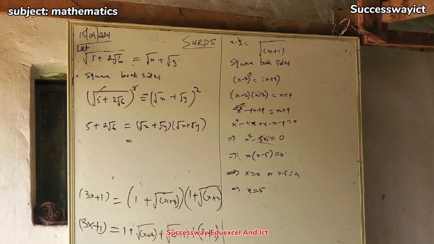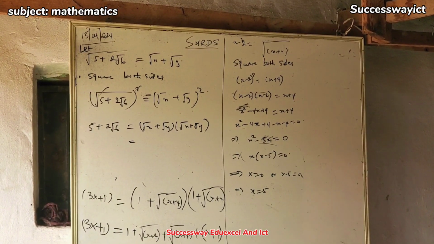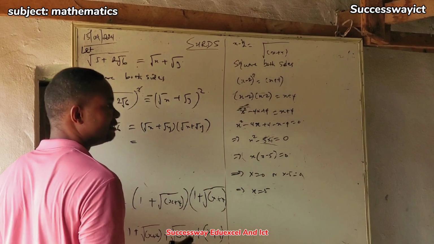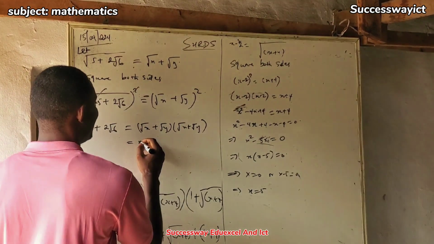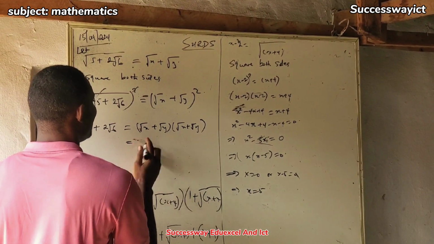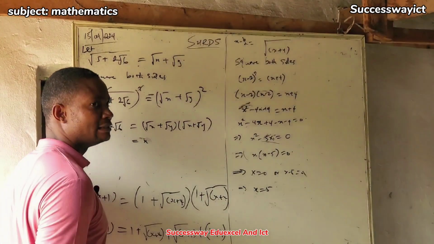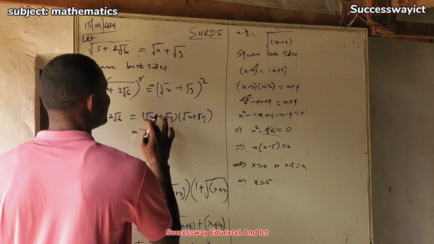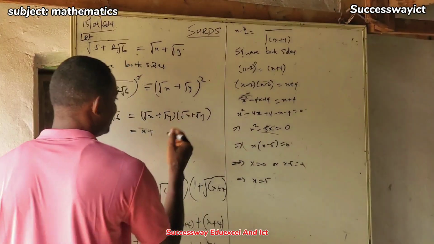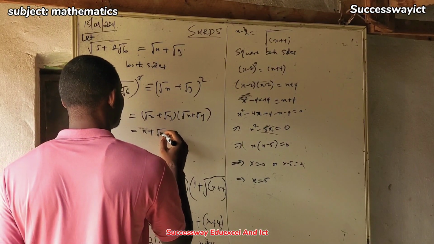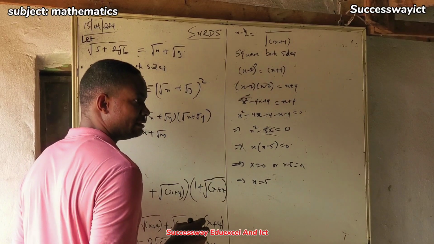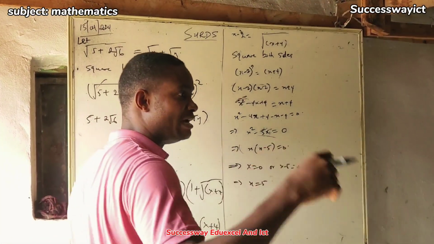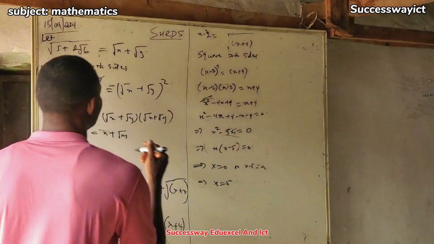Multiply that out, what will you have? Root x times root x is equal to x. Hope you all understand. Plus root x times root y is root xy, because from the laws I gave you, the laws of manipulating surds,